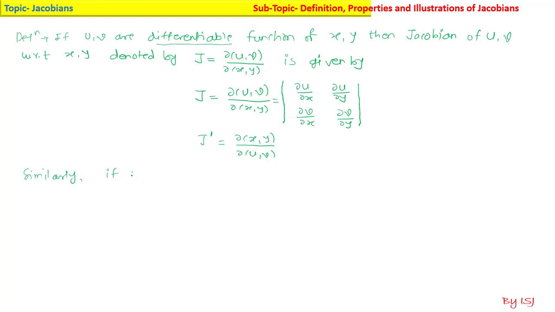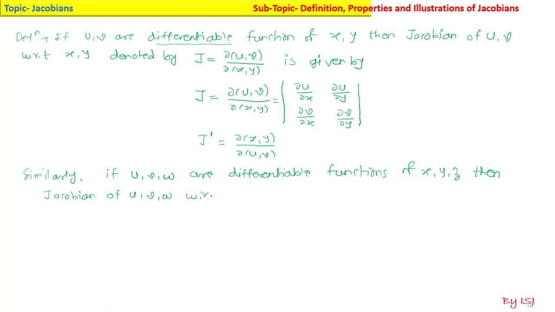If u, v, w are differentiable functions of x, y and z, that means u, v and w are in terms of x, y and z, then the Jacobian of uvw with respect to x, y, z is given by